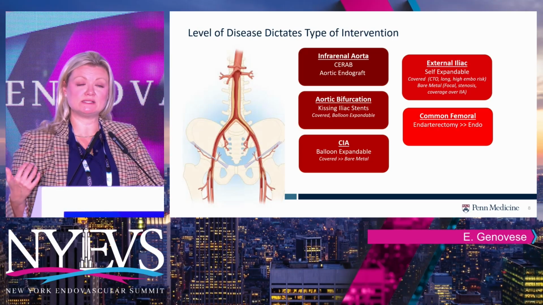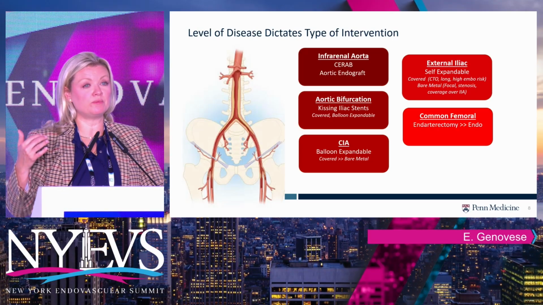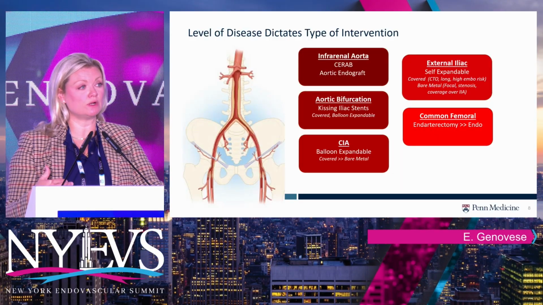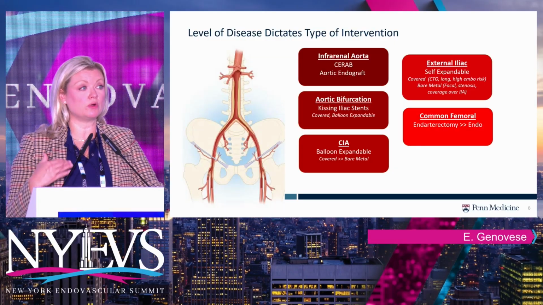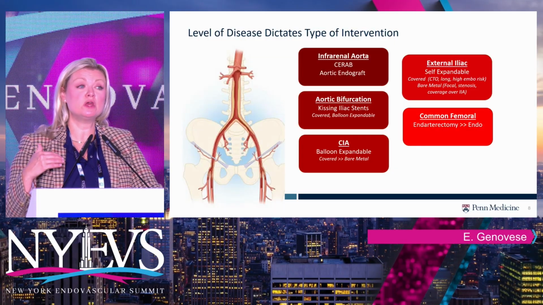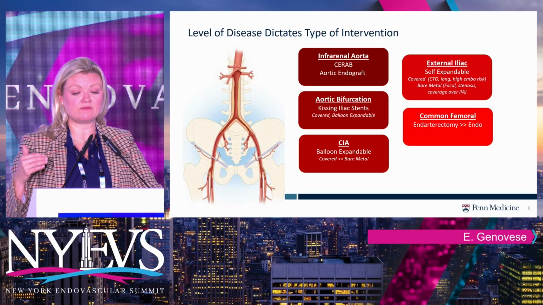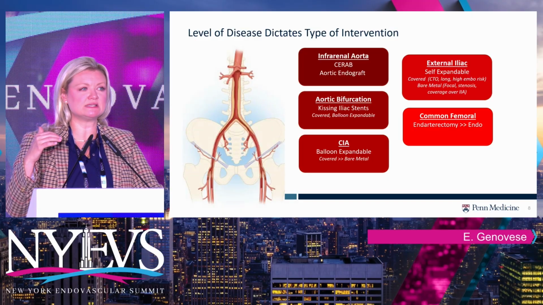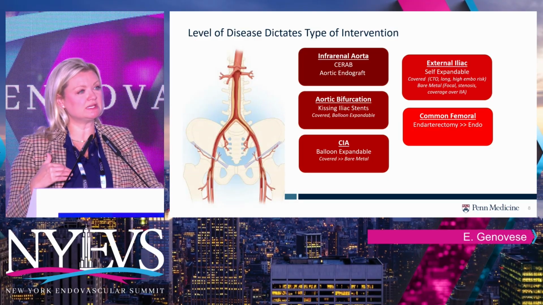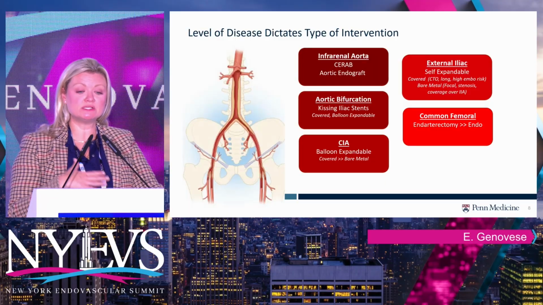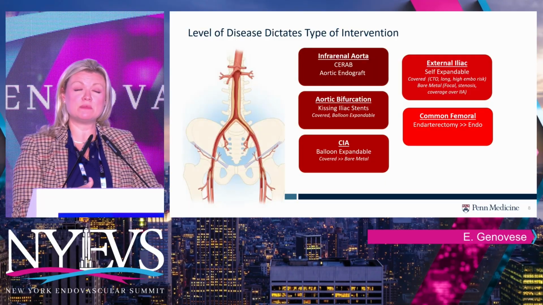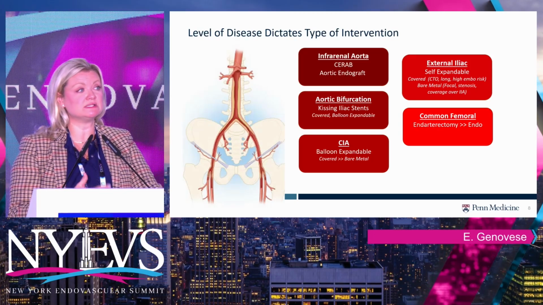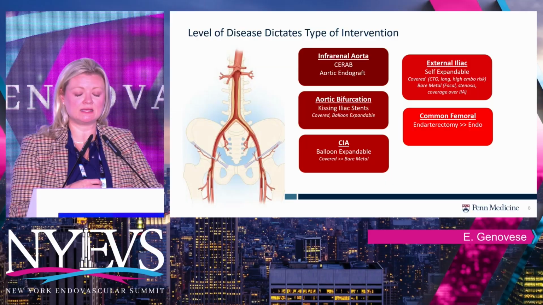So as I work my way down and think about how I treat, I start most proximally and work my way distally. If I'm dealing with occlusions or stenosis in the infrarenal aorta, I'm considering either a CRAB or an aortic endograft if I'm getting about 2 to 3 or 4 centimeters above the iliac bifurcation. Once I get to the aortic bifurcation, and I'm pretty much treating that spillover disease at the bifurcation of the aorta, I'm typically doing kissing iliac stents, and in this situation I'm using covered balloon expandable stents. We'll go into that in a minute, but really it's for ease of repeat intervention, and because of the increased patency rates that we see in multiple different studies in these complex iliac lesions.